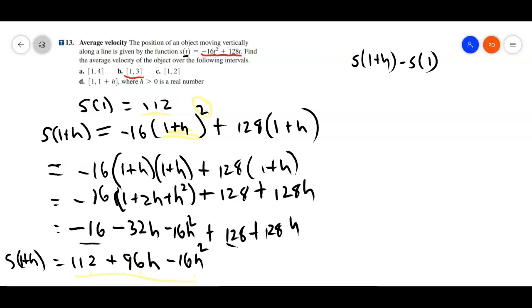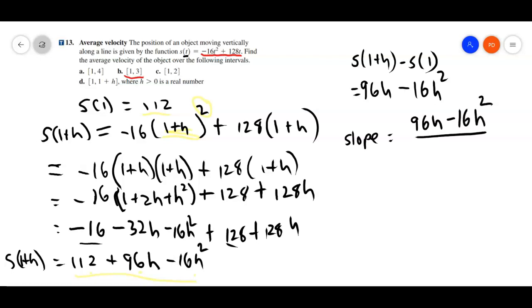I'm going to lose the 112, and I'm going to be left with 96h minus 16h squared. So that's the numerator. Now, the slope of my secant line is going to be 96h minus 16h squared all over